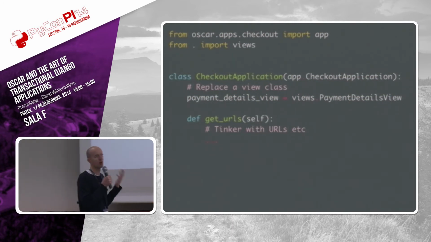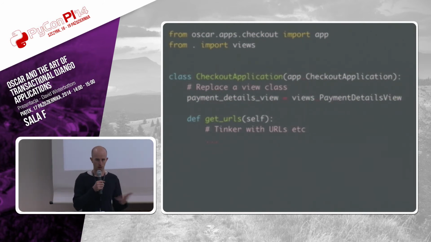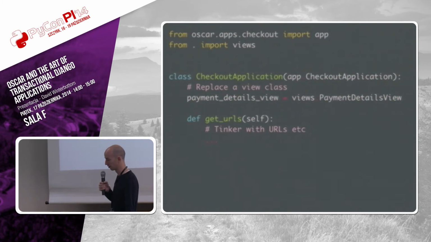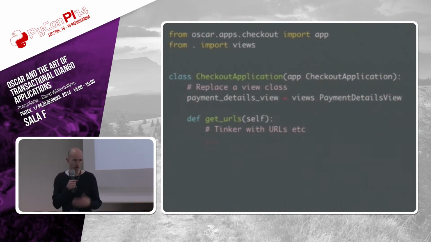So basically, we follow the same structure as Django's admin. We use classes that form a tree that link URLs to views, and it's relatively easy to throw away entire sections of views if you want to, but also to replace the view classes that are used. And in this way, you can change anything about the URLs or the views that Oscar wants to use.